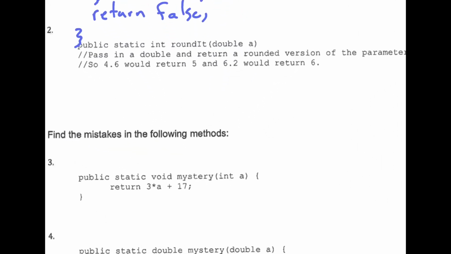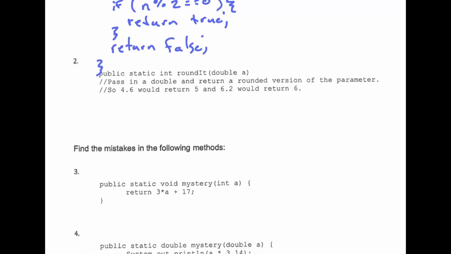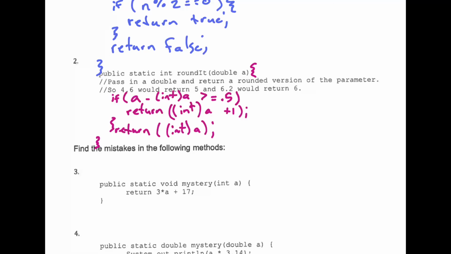Number 2. All right, so we get our brackets all sorted. For number 2, we want to basically round it, so whatever that double is. For my if statement, I said a minus int a. Just a reminder of what that's going to do. Let's say our number is 6.2. a would be 6.2. int a would be 6. So 6.2 minus 6 is going to be